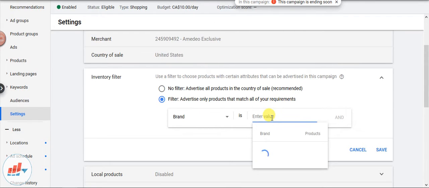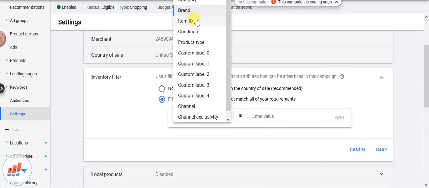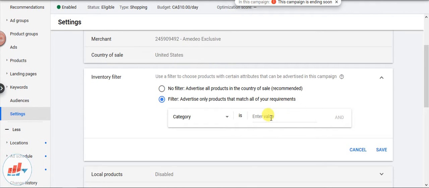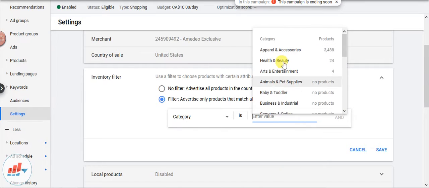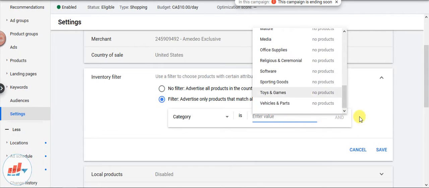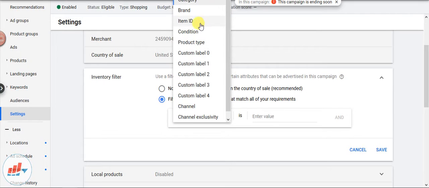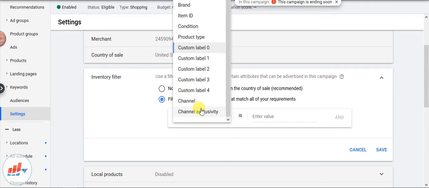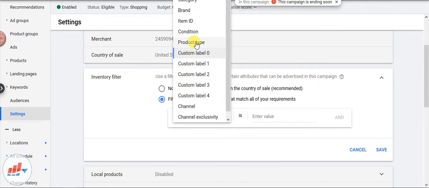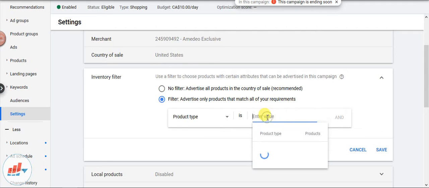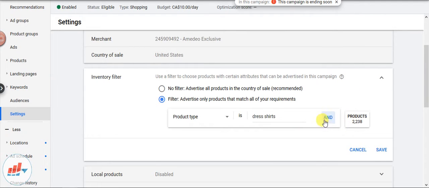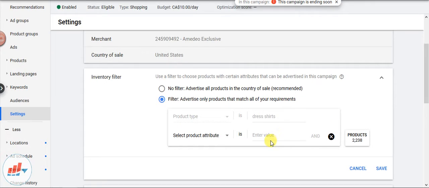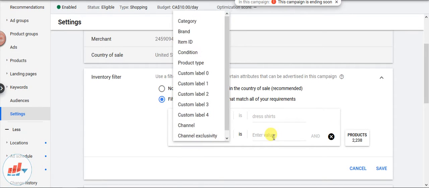Brand is, I think, the single brand that we are using, Amadio. So how can we select it? Category. No. So we'll have to see how the feed is working here. Custom label. No. Okay, let's try the product as dress shirts, and we can add one more filter. Select product attribute.